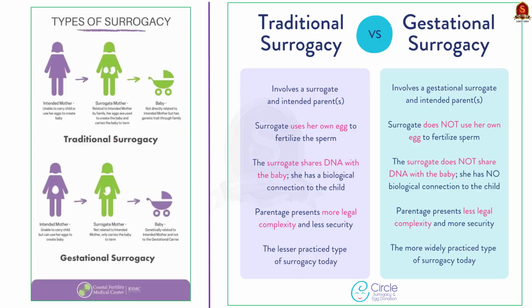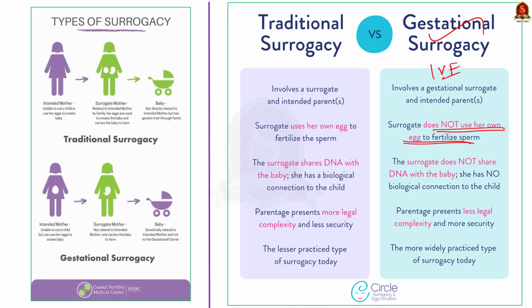The first one is gestational surrogacy. In this type, an embryo is created through in vitro fertilization, IVF. Here, IVF is nothing but the process in which mature eggs are collected from the ovaries and fertilized by the sperm in the lab. Here, you might have a doubt, like from whose ovaries the eggs are collected or whose sperms are used. Remember, here the eggs of the surrogate mother is not used in any case. The eggs and sperm of the intended parents or donors is used for creating this embryo.